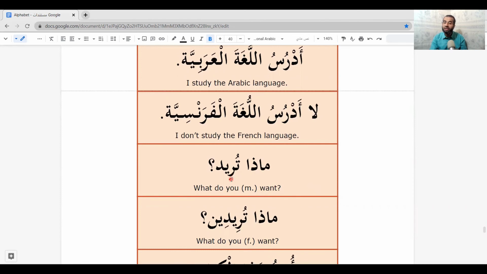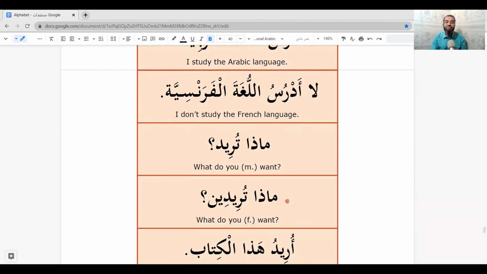The next question, what do you want for male and here for female? ماذا تريد? You ask man now. If you ask woman or for female, you say ماذا تريدين? So we use this ين always with you female, like تدرسين, تحبين, تريدين. For example, يا أحمد ماذا تريد؟ يا فاطمة ماذا تريدين؟